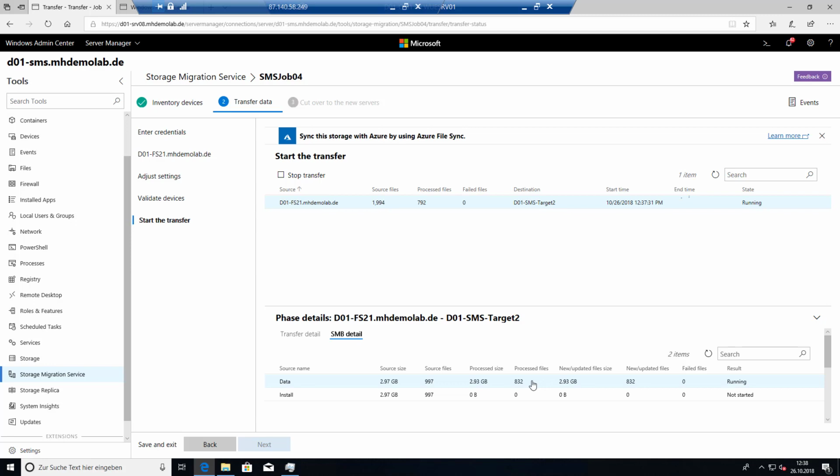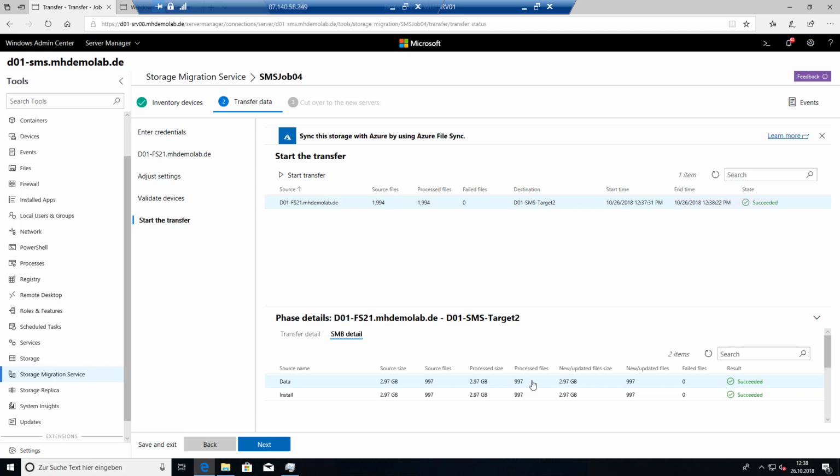The important thing is that we can run additional delta transfers. If the first huge amount of data needs several hours or days, then you will continue with a delta transfer, and then you will only have a small delta between source and destination, because the users still work on the source and they change things. And then in the cutover, the roles change. So then we switch from the old machine to the new machine.